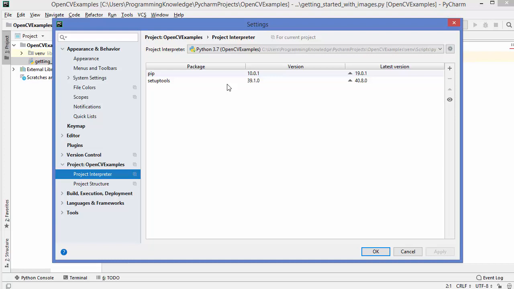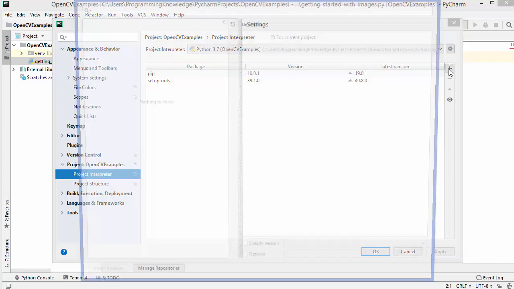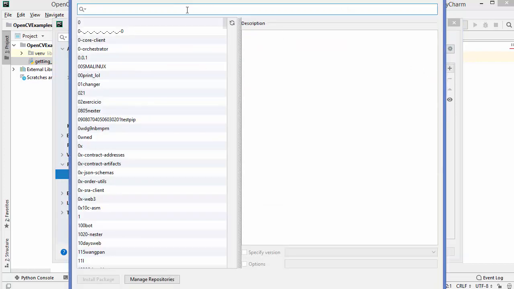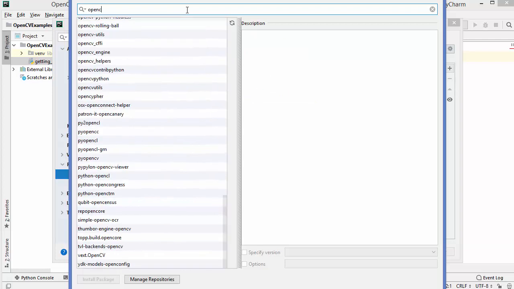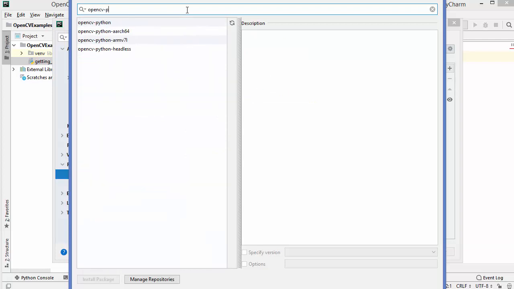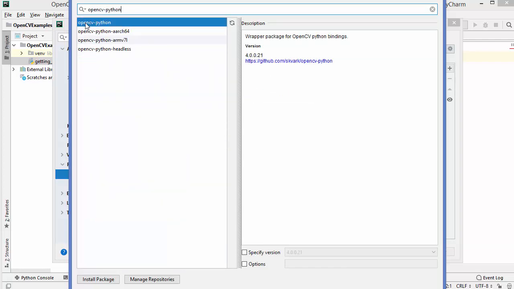To install it, click on this plus button here, and then type opencv-python. The first result you can see here is opencv-python, and the version available right now is 4.0.0.21, which is the latest version.